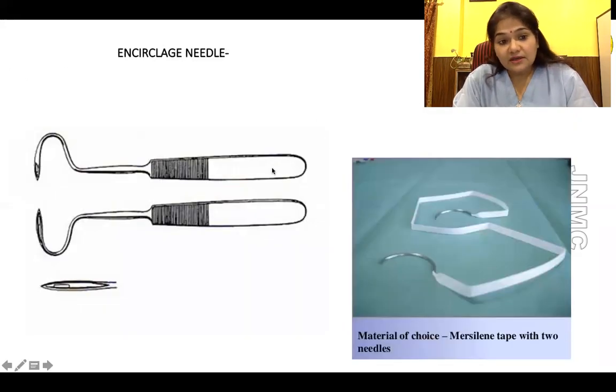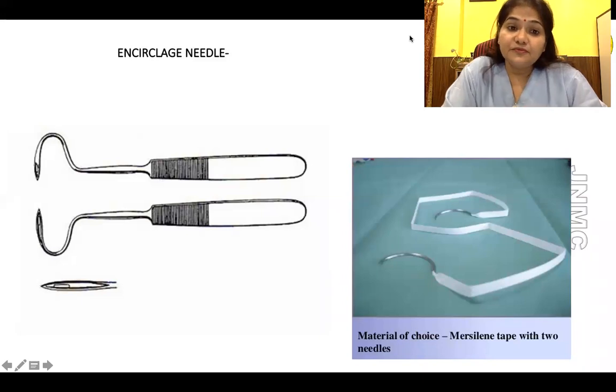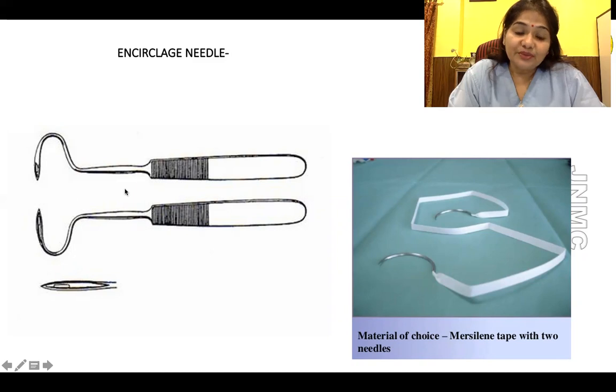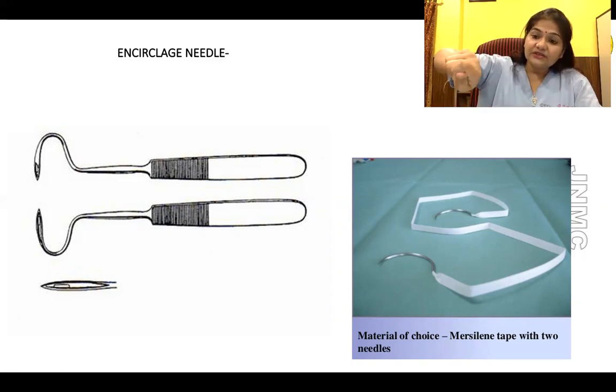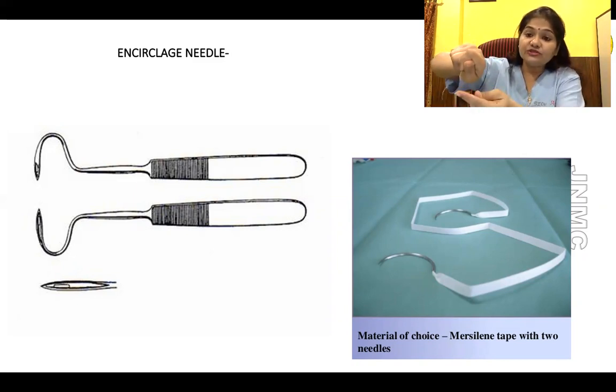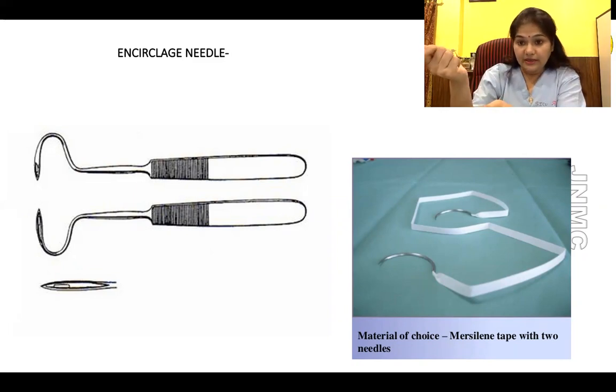Now this is a cervical encerclage needle originally devised by the great surgeon we have, that is Dr. Shirodkar. So these are two separate sided needles, sturdy needles, curved needles, angulated ones, and the Mersilene tape had to be threaded through these eyes. So first the needle was passed through the cervix, meant for cervical os tightening. Then the Mersilene tape was threaded to it, and then it was taken out, right?